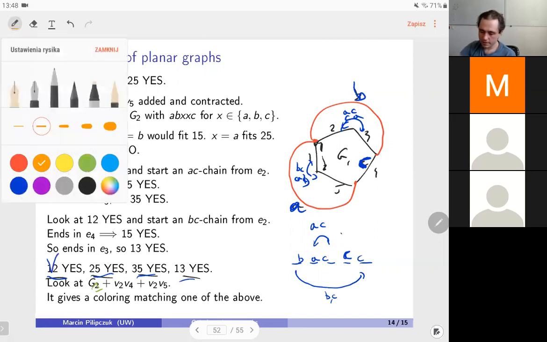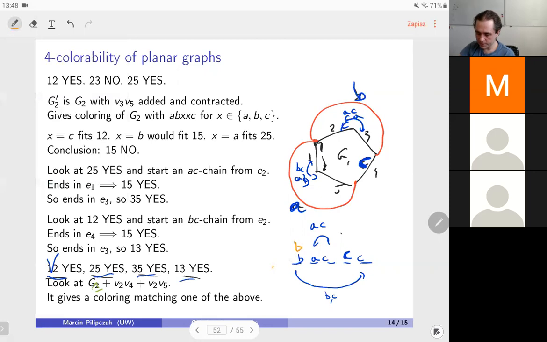Okay, if this is BC and CA, this is 1, 3. If this is CB and AC, then this is 2, 5. And I'm running out of colors. And if this is CB and CA, this is 3, 5. So this is this one. Done. I'm done. This is the end of the proof that the 5 cycles can only have one vertex